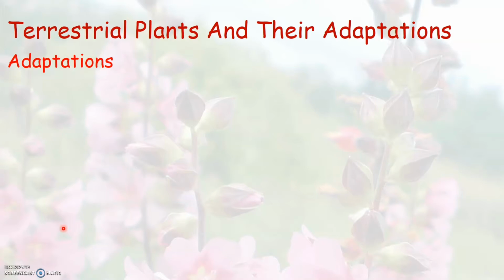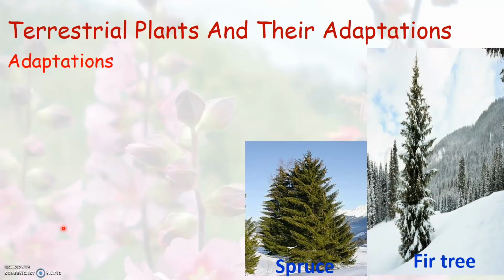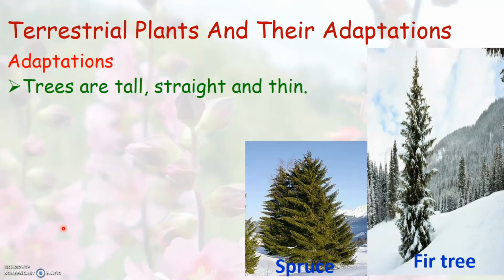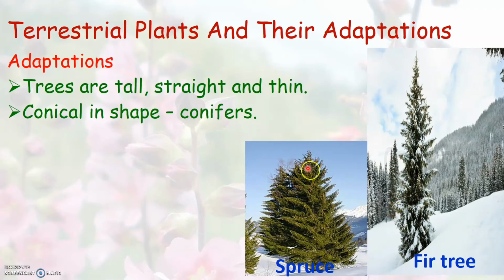Generally, the trees that grow in the mountain regions are tall, straight, and also thin, like how you see here in these pictures. And we have also learned that in the mountain regions, they have snowfall in the winter season. Then how do you think that these plants can survive even during the snowfall? That is why these plants have got a cone-like shape for it. Otherwise, it is said to have a conical shape. That is why these trees are otherwise called conifers.